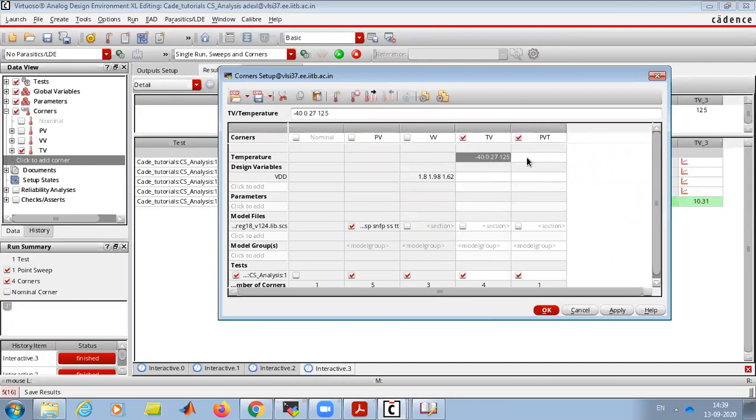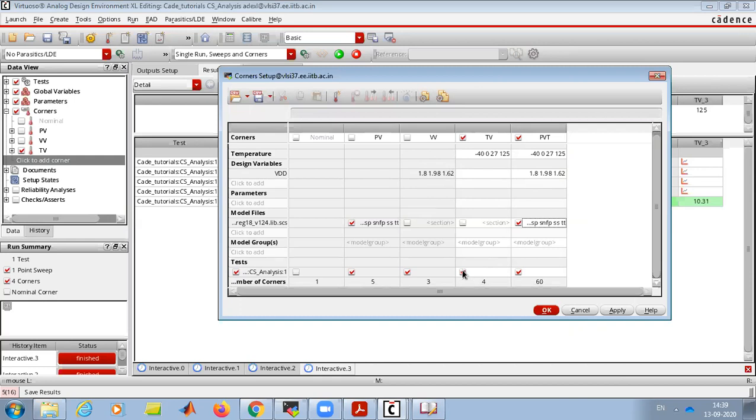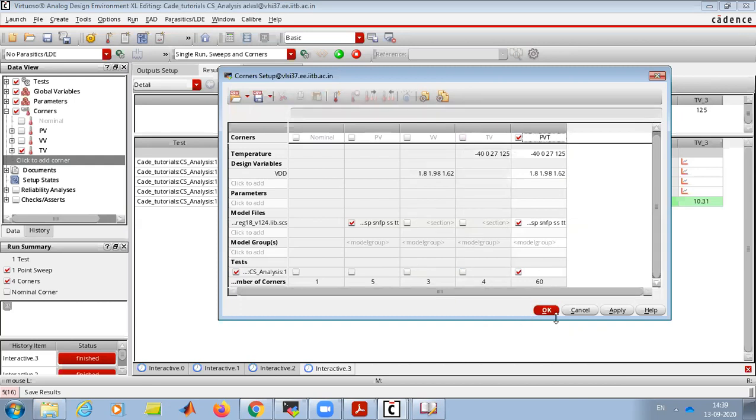What we'll do is select all of this. So you can see now we have a total of 60 cases which we need to check.